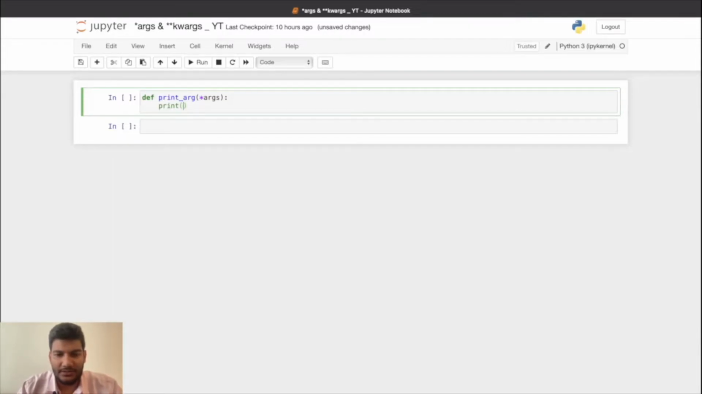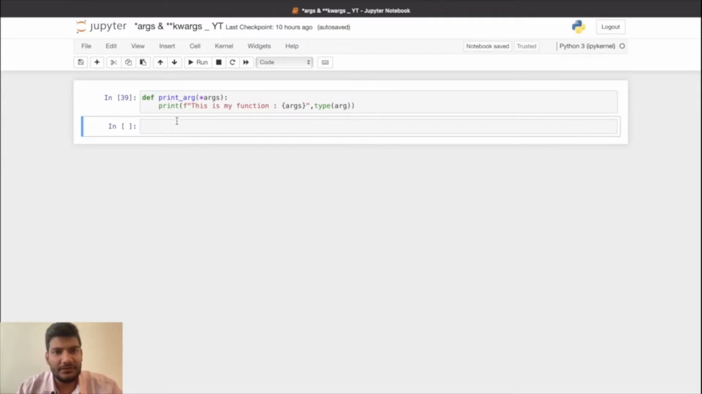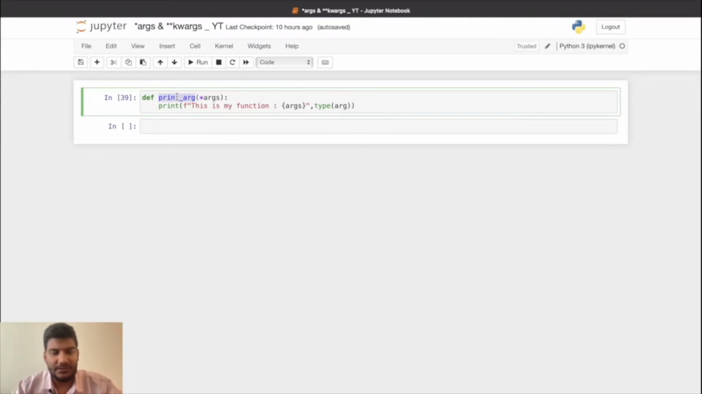So let's print the values, and I want to pass the value as args, this is my function. And I also want to check what the type of this argument is, so let's check that as well. I will write type of args. So when this function is executed and the values are passed, it should print this argument and its type. So let's execute this function, and now let's print the